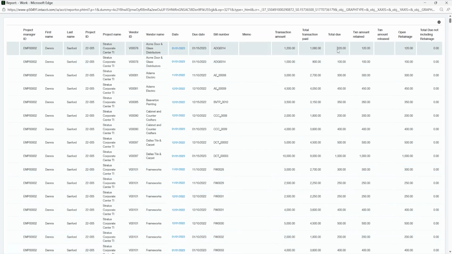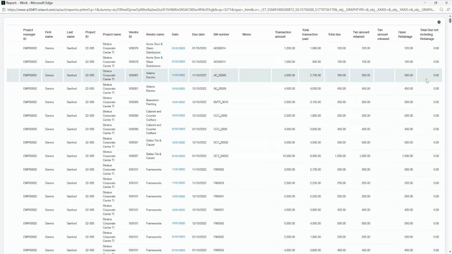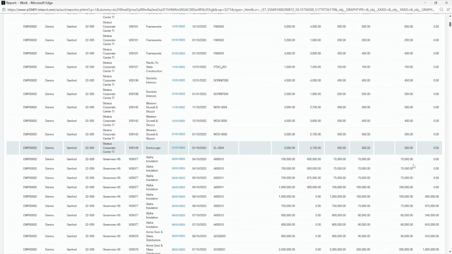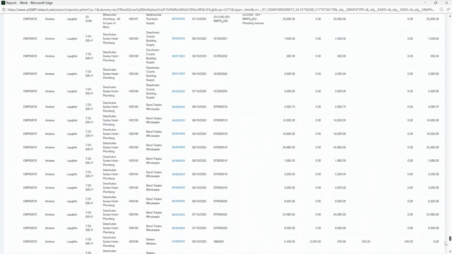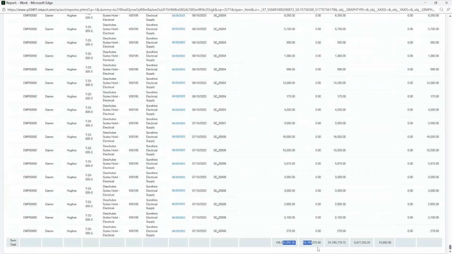I can see their total due, which is just the open retainage amount. So then on my column, I can see that's 0, not including that retainage. And then if we scroll to the bottom, we can see those different totals we selected that we wanted to see.